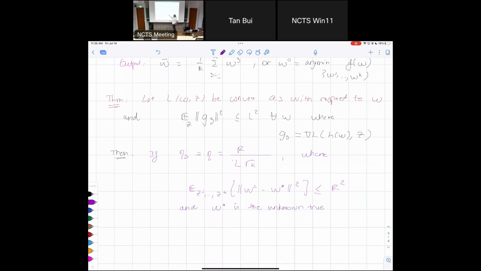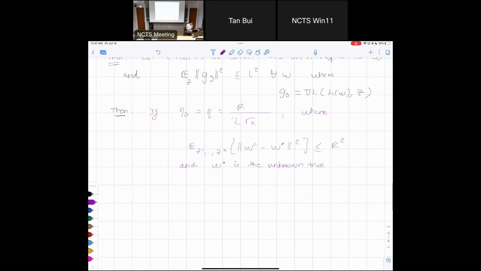We basically say that the initial guess is not that far from W star, in the sense that on average, if we take the expectation over Z, it does not actually depend on Z. Remember that the expectation of any function is equal to the integral of f of